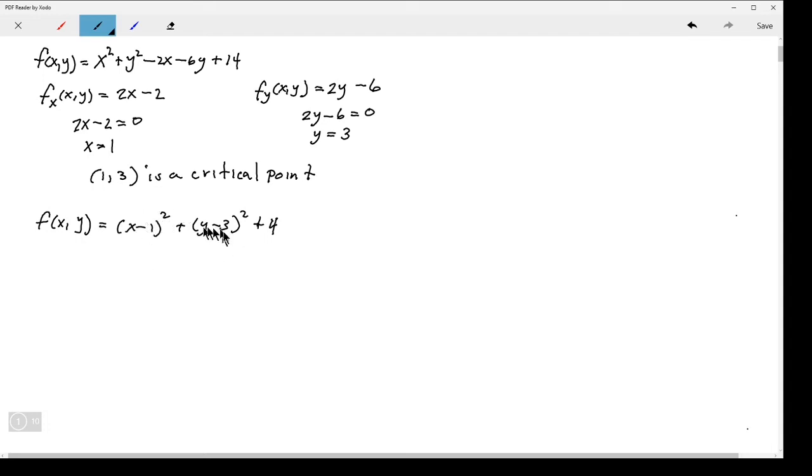All right, so I have my completed square form. Now, with the completed square form, that gives me more information. If I take a look at this, each of these terms is always going to be non-negative. So (x minus 1) squared is always greater than or equal to 0. Over here, (y minus 3) squared is always greater than or equal to 0, again, because they're both being squared. Which means, so therefore,